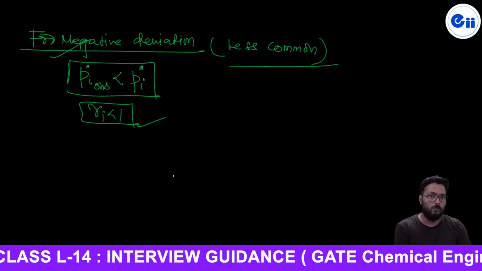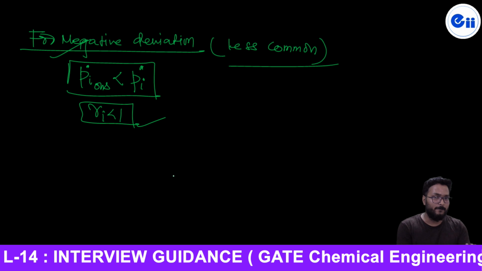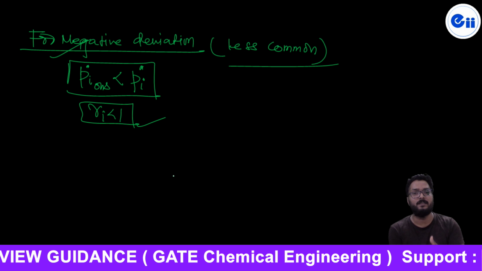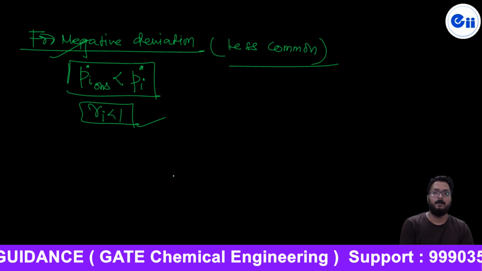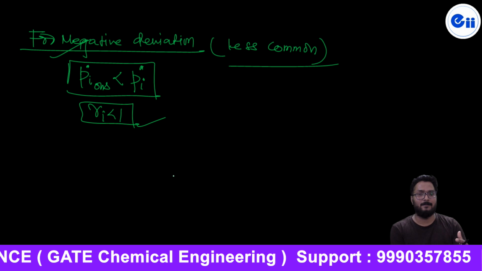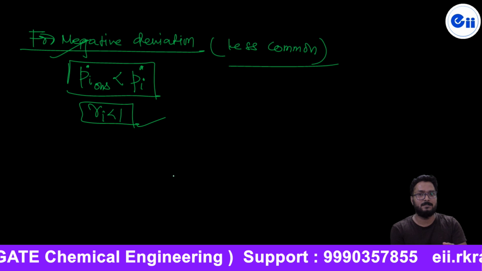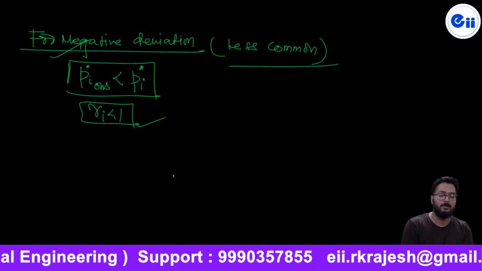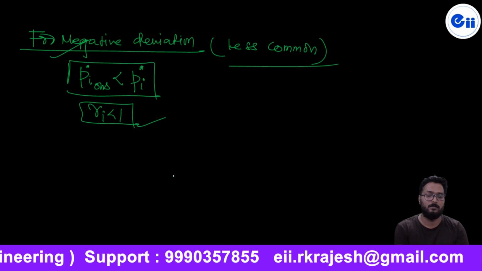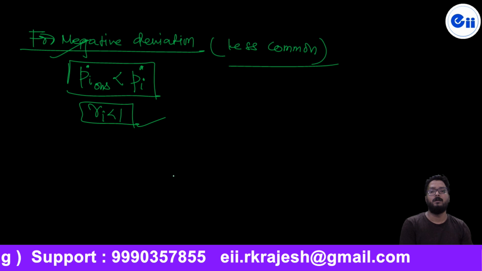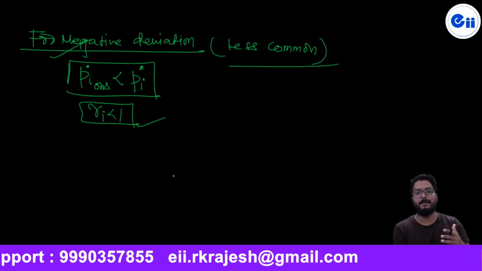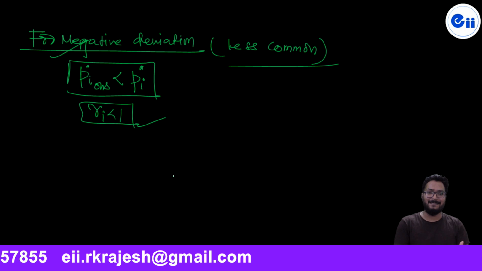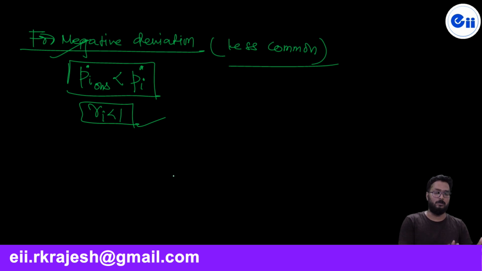Raoult's law holds good when the mole fraction of a species in the mixture approaches unity. And if the mole fraction of the solute in the solution is not approaching unity, it is going to approach 0, then we have to use Henry's law. Raoult's law and Henry's law are both used to define the equilibrium relationship between the vapor and liquid mixture, but the main thing is in which condition each holds good.